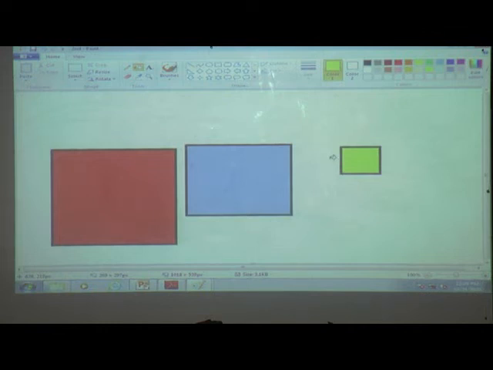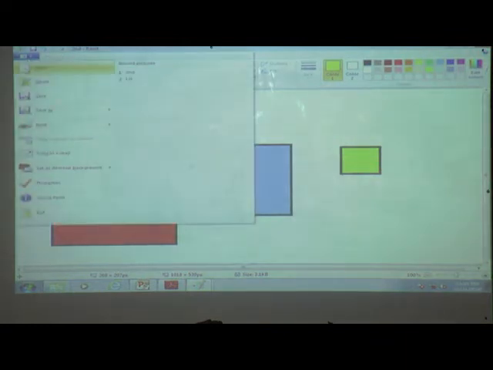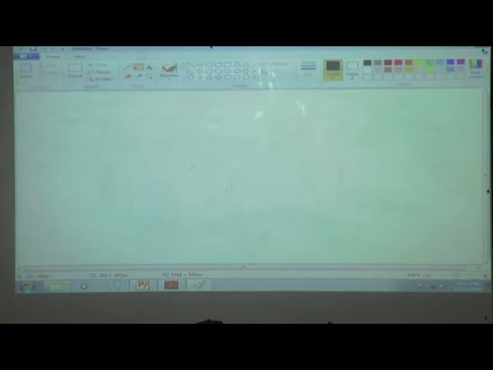In a drawing notebook, if you write something and we want to take a new page, at that time what will we do? We will turn the page and take a new page. But now here we want to take a new blank page. How to take this new blank page? Click on the paint button, then click on the new. Which option? See carefully. Click on the new. Then what happened? This new file we can see here, because now it is showing untitled paint.